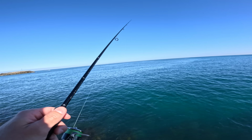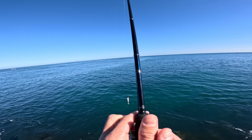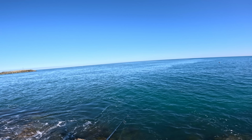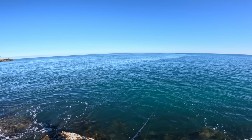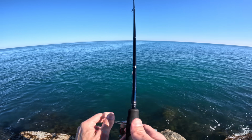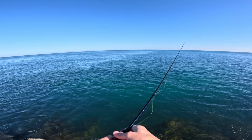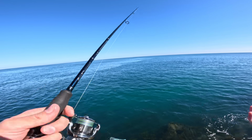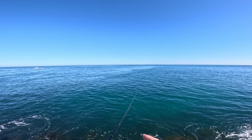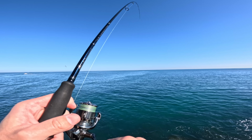Oh man. Oh, I just had a hit. Whatever that was, it felt decent. And I think if I want a better chance at catching fish, I should probably actually get down here at a better time. It is quite late in the morning now. I just couldn't be bothered waking up so early. Because this is what I thought it was gonna be, and it just didn't seem like it was worth waking up at stupid times of the morning just for one little baby wrasse. But the fish were probably here early in the morning, because you know what they say, the early bird gets the worm. I've just found spots like this, you know, river mouth entrances and rock groins and stuff like that,